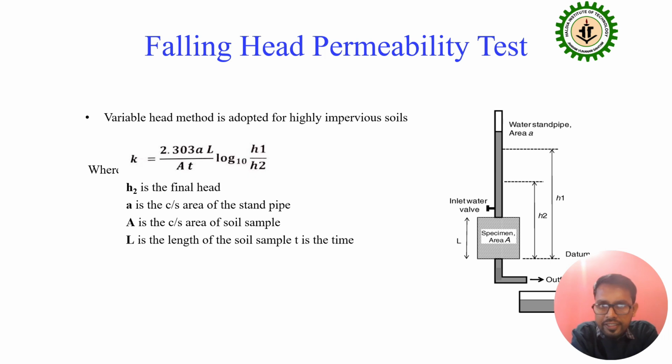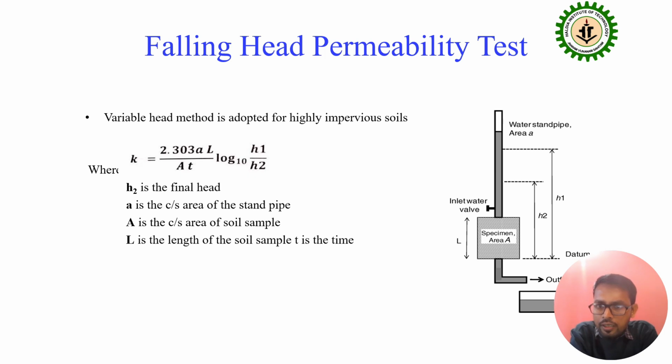Now coming to the falling head permeability test. The falling head permeability test is basically performed for highly impervious soil, that means fine grained soil. Now we can see here a soil sample compacted in a mold. The cross sectional area of the soil is capital A and the length is L, and at the top of the soil a standpipe is connected, and the cross sectional area of the standpipe is small a. At the bottom there is an outlet to collect the water at a regular time interval. Suppose at time t equal to 0 water is filled in the standpipe, and at a certain time